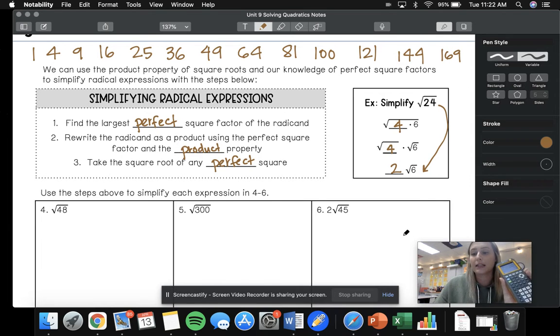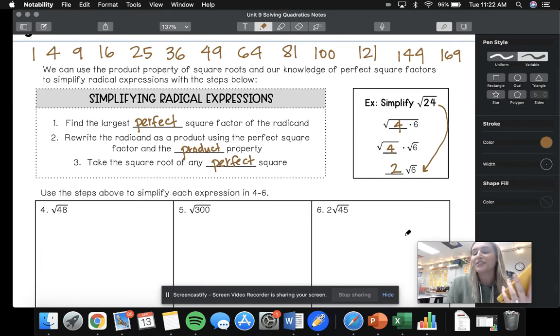And the way you can check that is with the calculator. Find the square root symbol: press second, x squared to get the little symbol, and then 24, and I get 4.898979486. Cool. Now let's check 2 square root of 6. So we're going to do 2 first, and then the square root symbol, second x squared, and then 6, and it looks exactly like what's on my paper right now. And I hit enter, and I also get